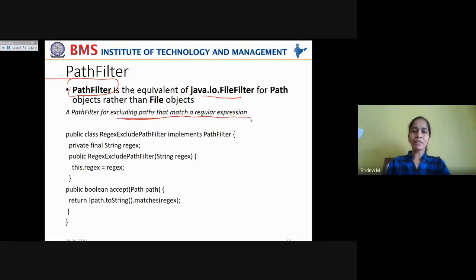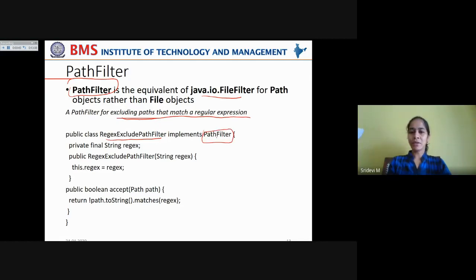Say in some cases you want some specific paths to be accessed and other paths to be excluded. In that case, you can create a regular expression of the paths and exclude some files. For that, here we are creating a class RegexExcludePathFilter, which implements PathFilter.